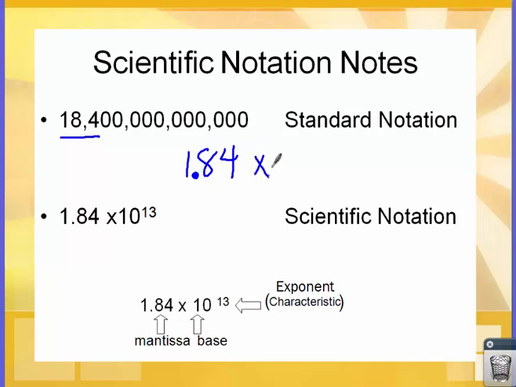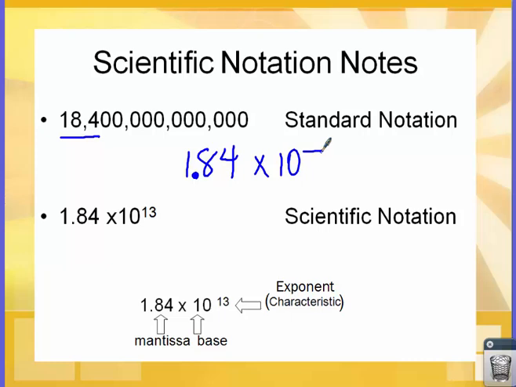And then we do times 10, because the times 10 is what moves our decimal around, and that's the purpose of this. Move the decimal around so that I can write the number an easier way. Times 10 to the, and then we're going to put an exponent here. Now the exponent is going to be the number of places I moved my decimal in the number from standard